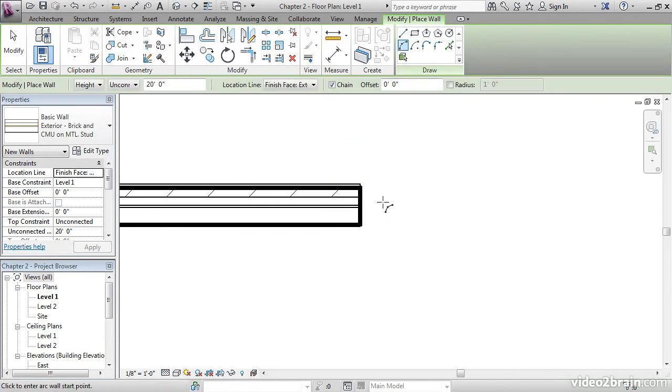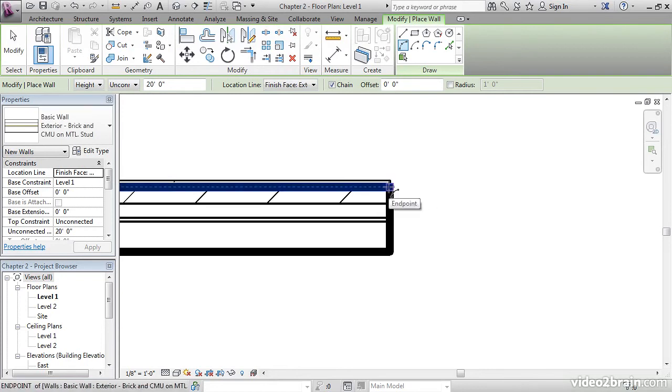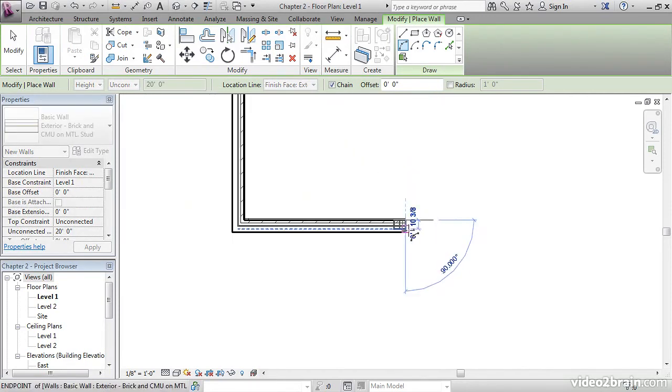I'm going to zoom in on this wall as close as I can by wheeling in with my mouse button. Now I'm going to click this endpoint. This is actually a concrete ledge that's about 3'6" up the wall. We don't want to select that. This is the actual edge of brick. This is the wall we're going to select. So pick this point right here. Zoom out